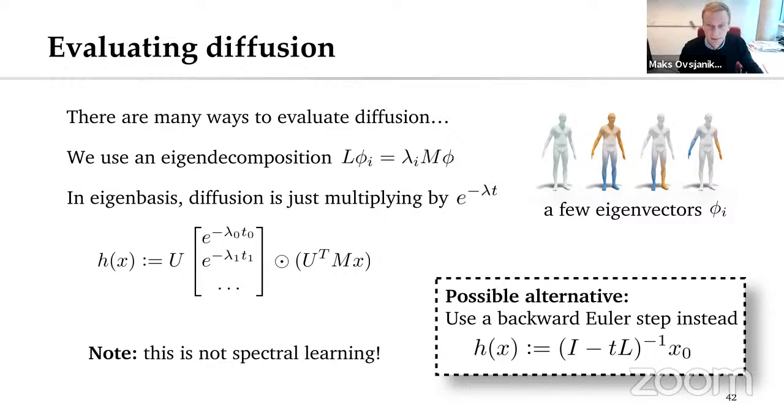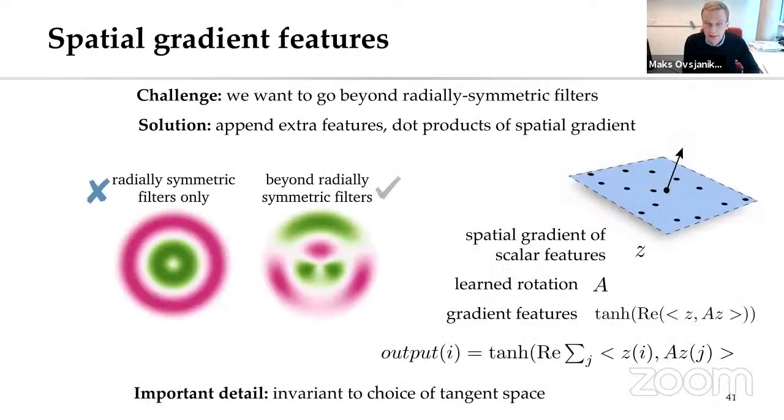That's okay. So I have another question. Do I understand correctly that this is limited to homogeneous isotropic diffusion? So basically, your Laplacian is independent of the features or the data that lives on the manifold. It depends only on the structure of the manifold. Exactly. This is an important point. Here we basically only have radially symmetric, homogeneous diffusion, and the only place where we have something that depends on the features is in these gradient features. We basically simulate the directionality not through the diffusion, but through the choice of these gradient features.